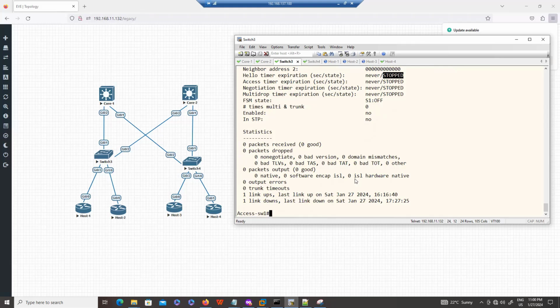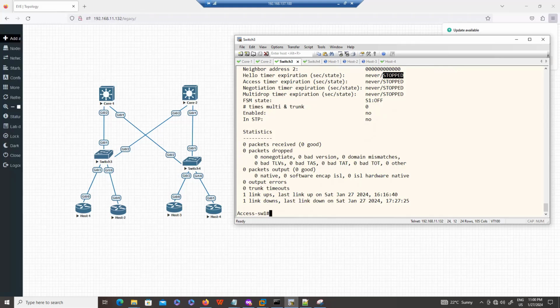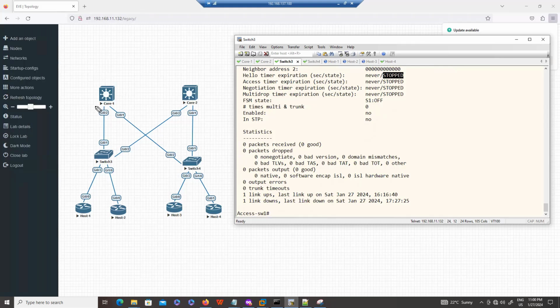Basically, what did DTP do earlier, okay? In DTP, it automatically configures the trunk port between switch to switch. Again, I will show you, we will not use DTP for the trunk port also, because sending the packet every 30 seconds is unnecessary. So the recommendation, even if you are using the trunk port, I will show you how to configure the trunk port. And then we will also see some troubleshooting steps.